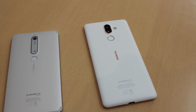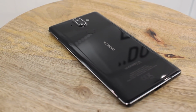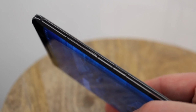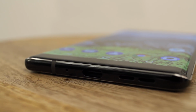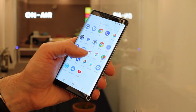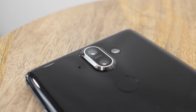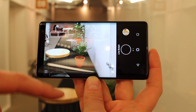All are Android One, which means you get pure Android Oreo. Now undoubtedly the star of the show is the new €749 elegantly crafted Nokia 8 Sirocco. It's a water and dust resistant device built from curved glass and stainless steel. It features a 5.5-inch curved POLED QHD display, a Snapdragon 835 processor, and 6GB of RAM alongside 128GB of storage. There's also a dual Zeiss camera featuring a regular lens and a telephoto zoom lens, both f-stop 1.7 to help